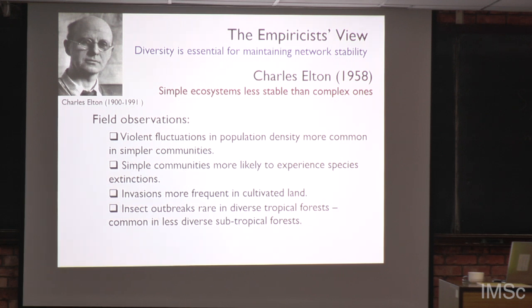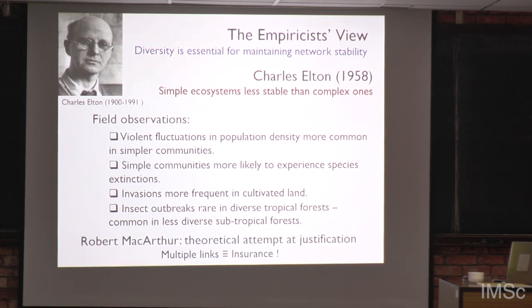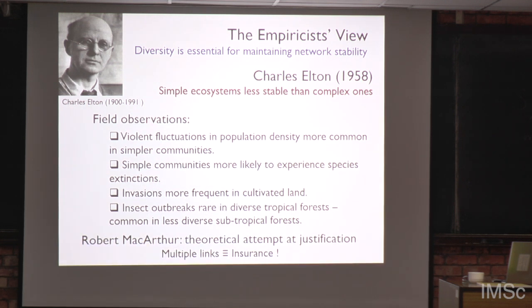So insect outbreaks are fairly rare in diverse tropical forests, but they are much more common in less diverse subtropical forests. Okay. So based upon this, he said that the less complex a system is, the more unstable it is,